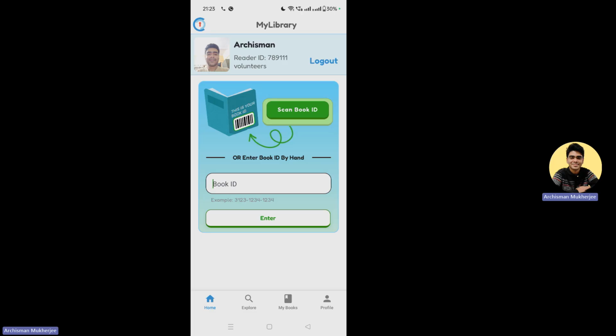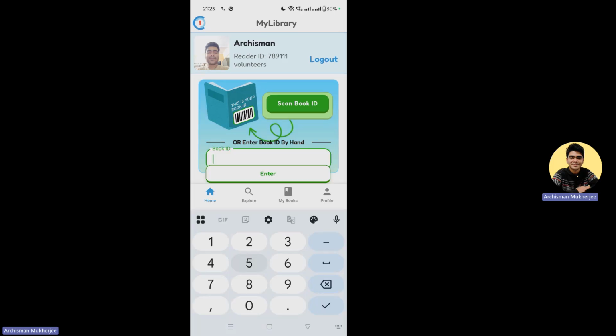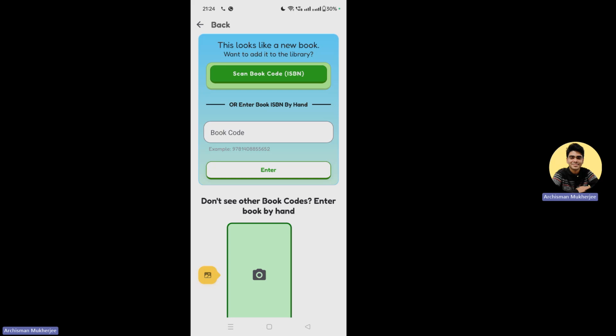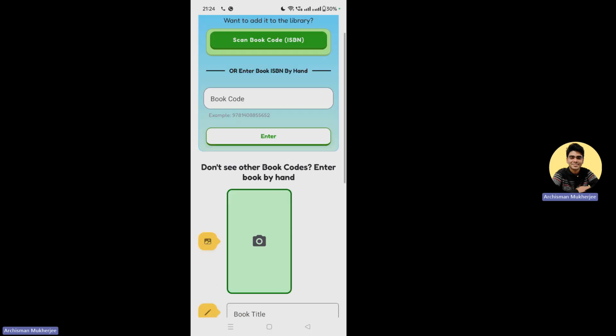So if it's a book ID that doesn't exist, I'll enter 13231 and I'll copy this and then press on enter. Right. So it identifies that it's a new book. This looks like a new book and it needs to be added to the library. Now, in order to add book details, we can add